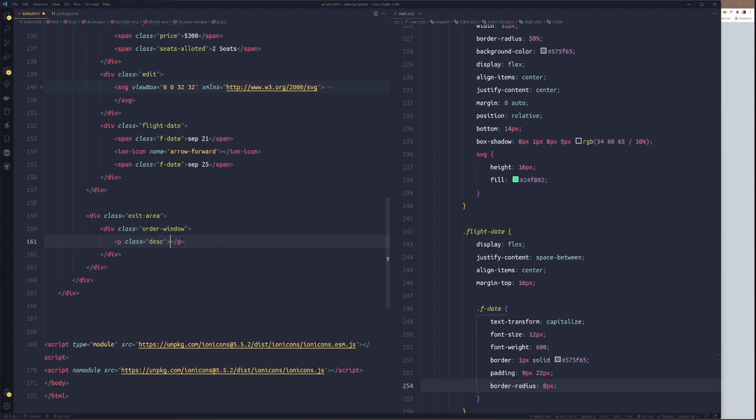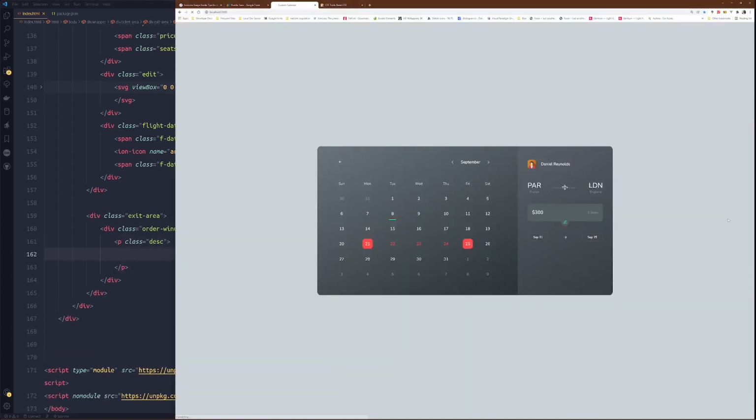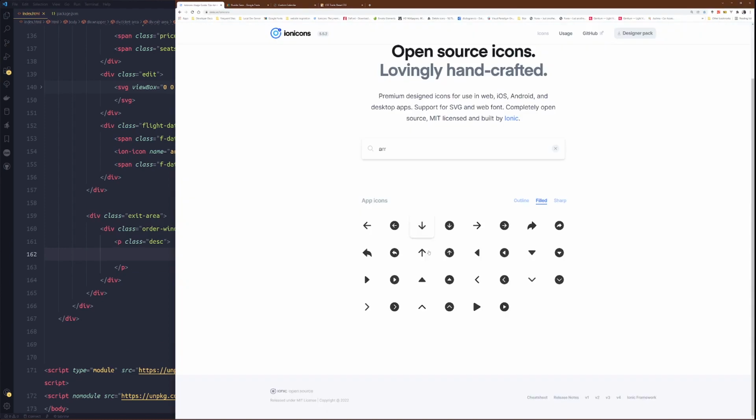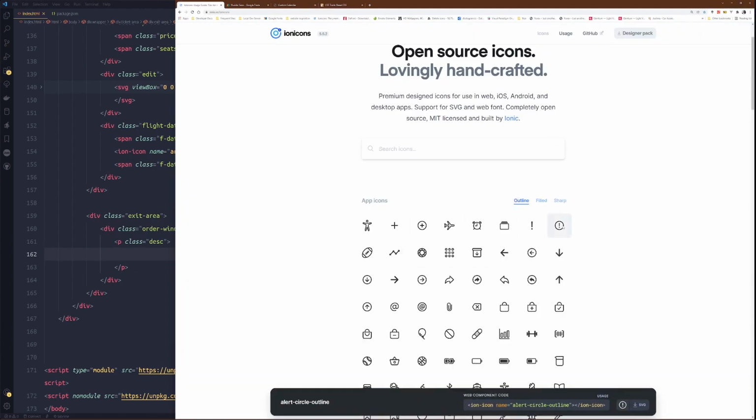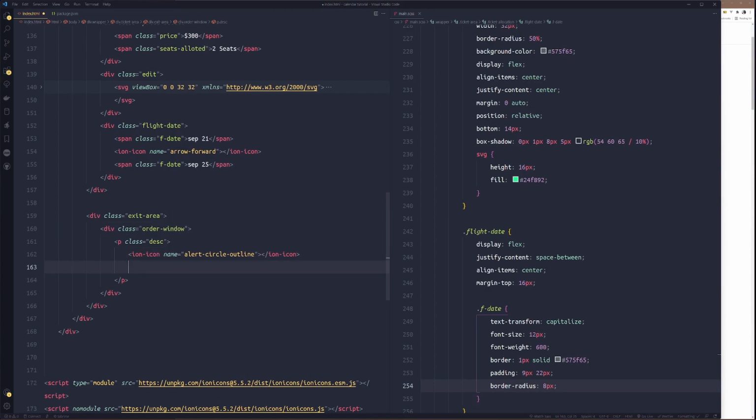So the description inside, we'll get an ion icon for that alert. So we'll grab this, paste here, then we just put the span and say remaining time to buy.